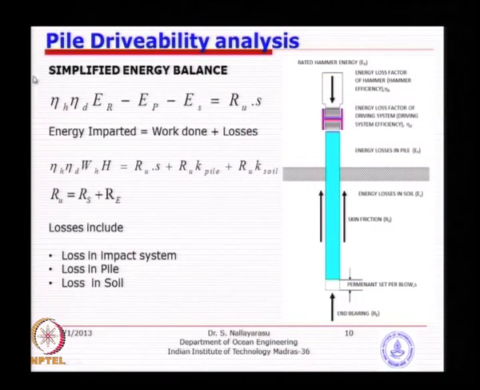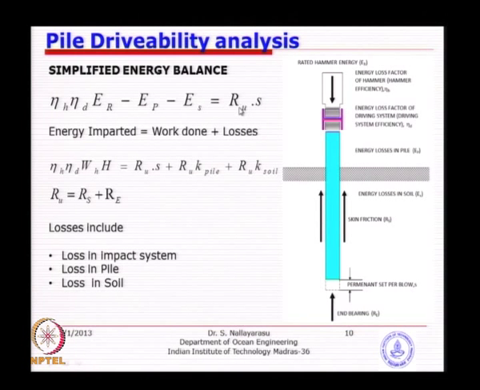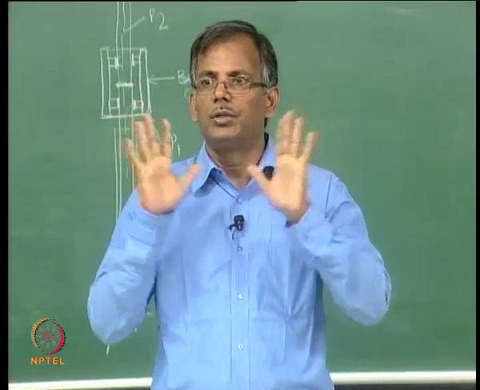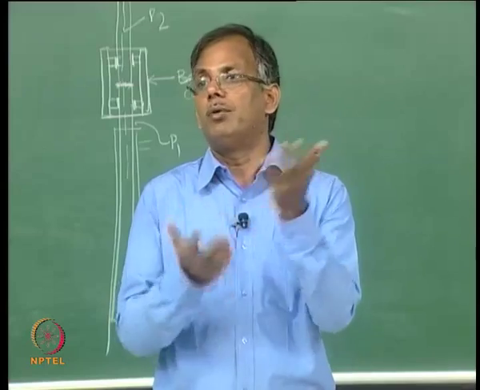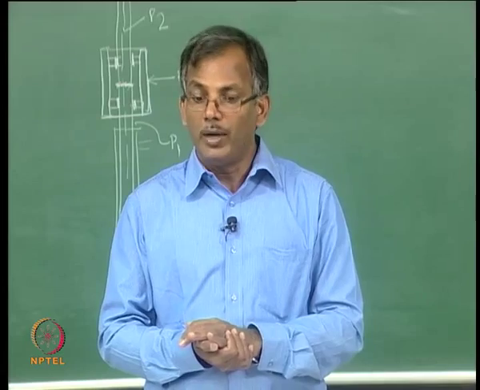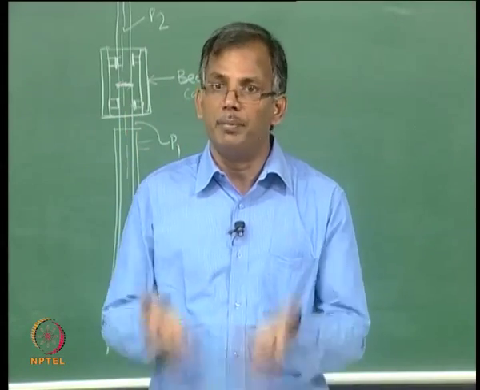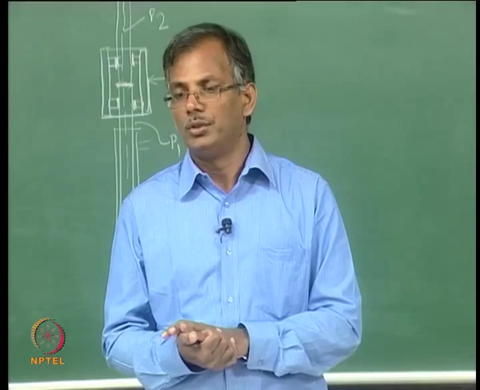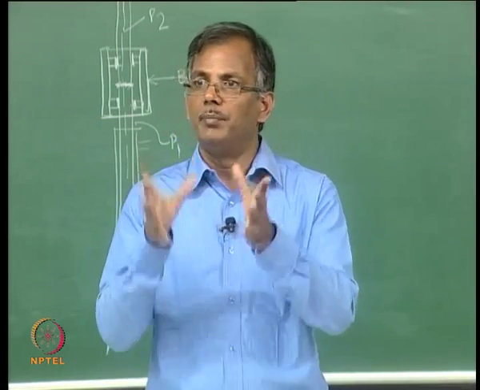So if you look at this energy balance, the amount of resistance coming from the soil times the displacement that has happened is the internal work done by the material there, and the external energy imparted from the system is on the left side. Every time you strike, after going down by a few millimeters, the pile and the soil have to come to a final equilibrium. That will only happen when the external energy and internal work done are equal. Otherwise, if the pushing is higher, it will jump up, isn't it? That means the resistance is too much.